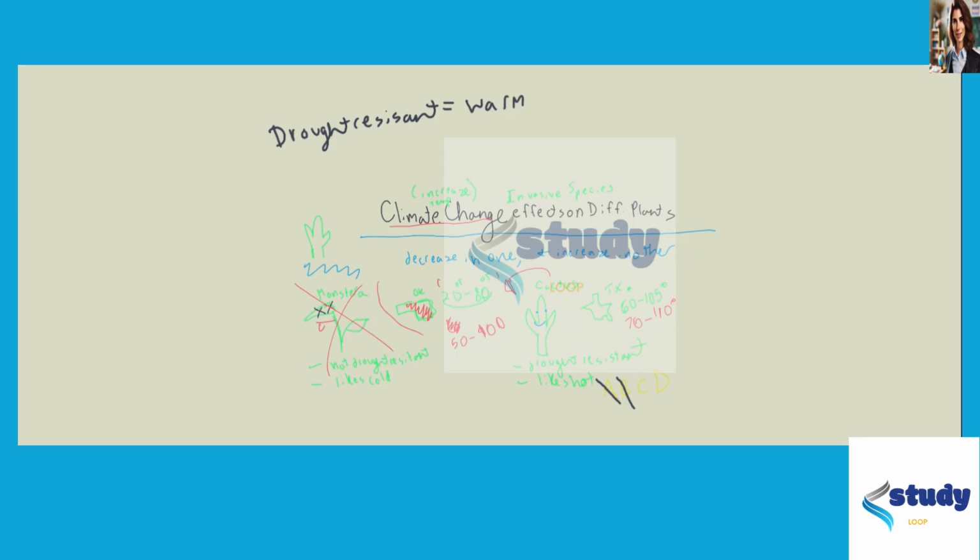Next up, we have plant species that are drought resistant would decline in cold temperatures, whereas other species would thrive in number in such a climate. Okay, climate change is overall an increase in temperatures. This is not what's going to happen in climate change. There's not going to be a decrease. This isn't an ice age. We're slowly increasing in temperature over time. So the answer has to be D, which is that plant species that are drought resistant would thrive in warm temperatures.